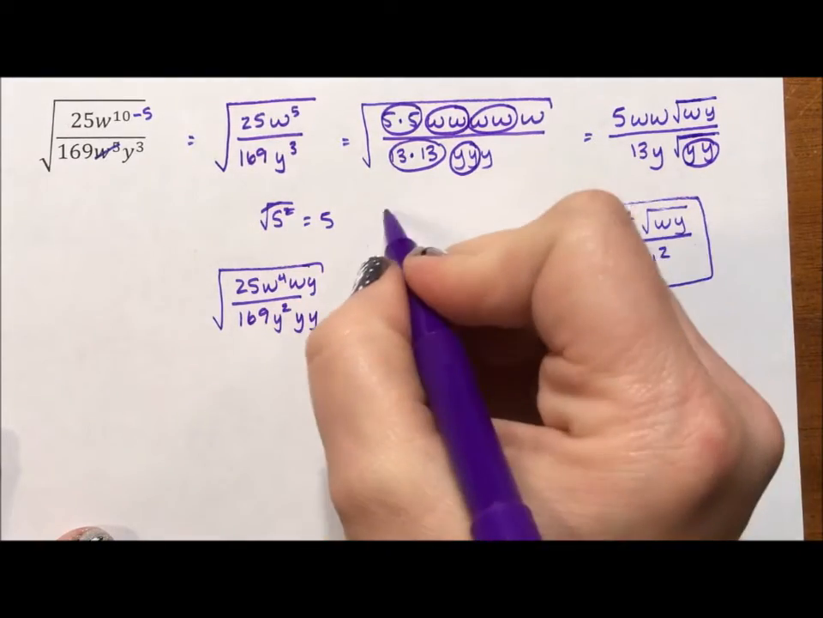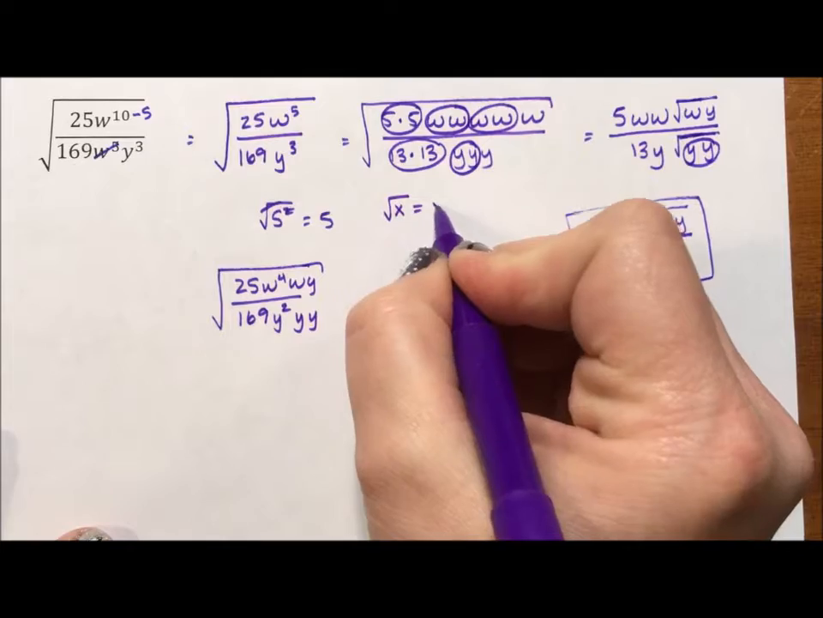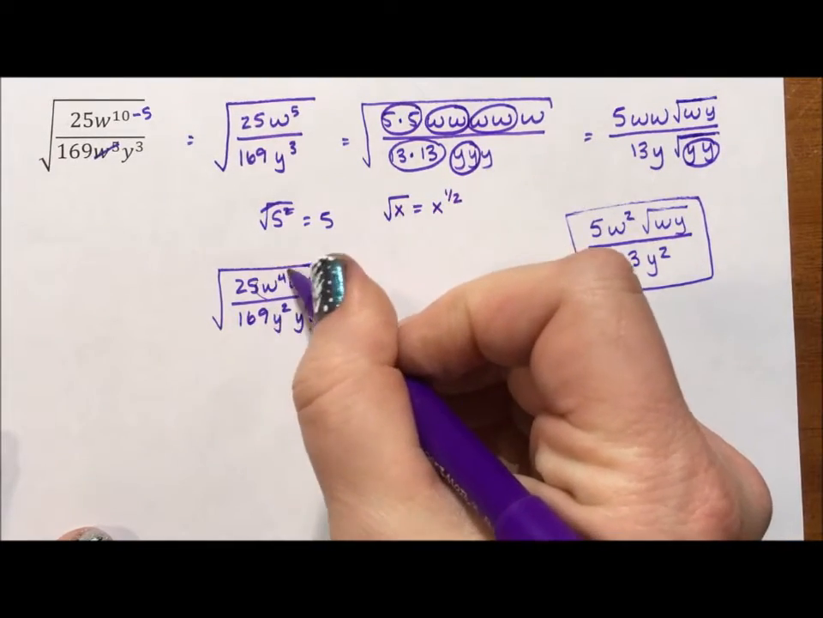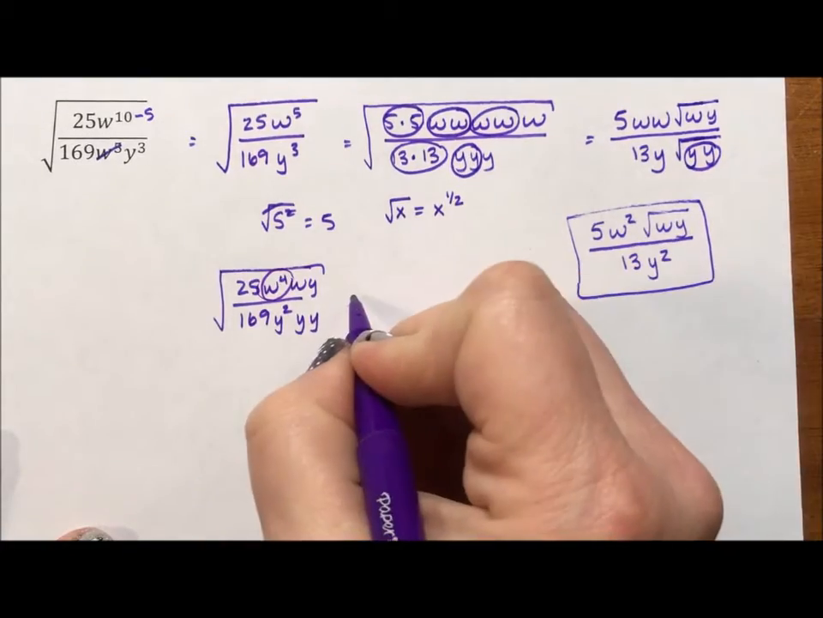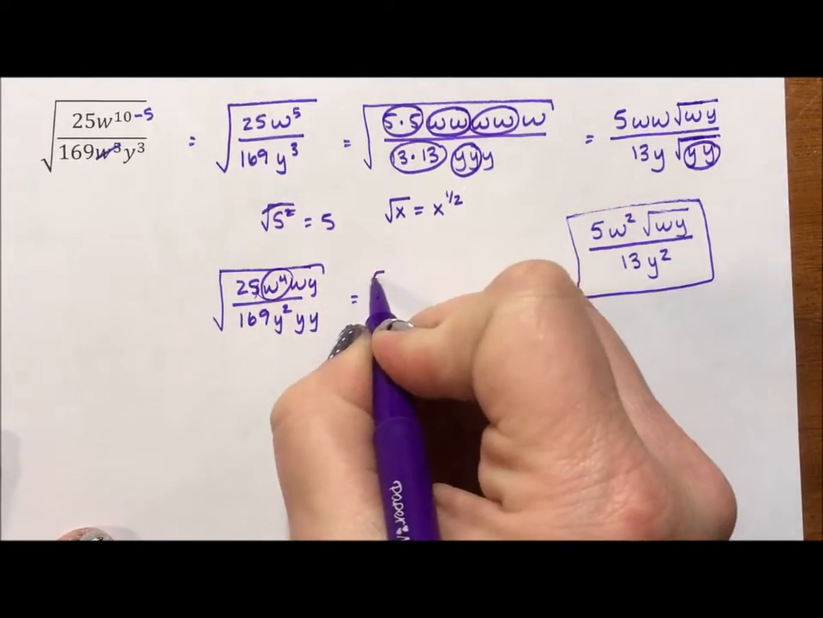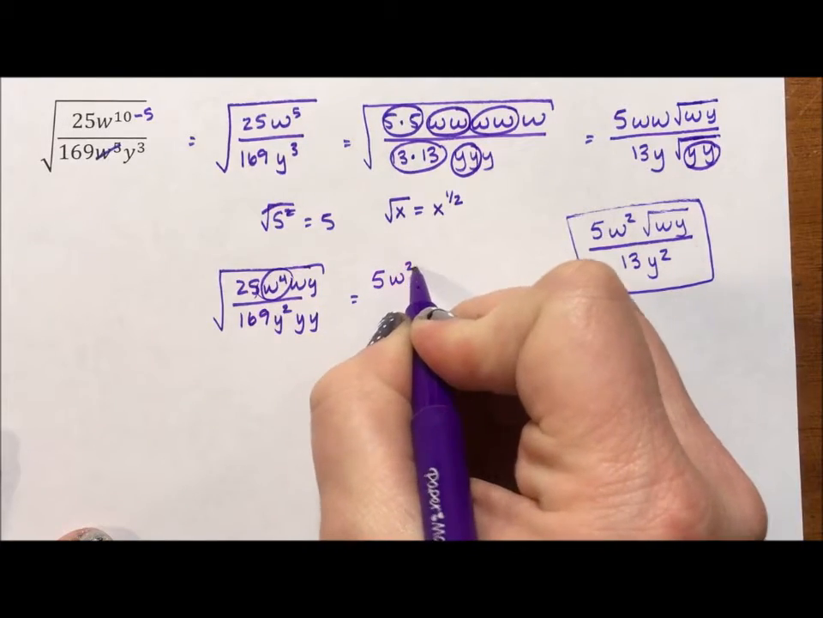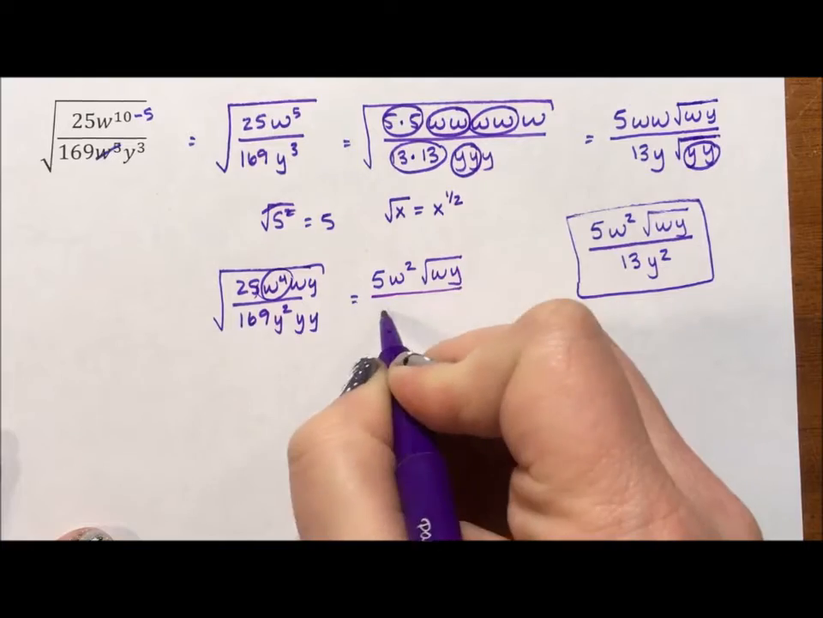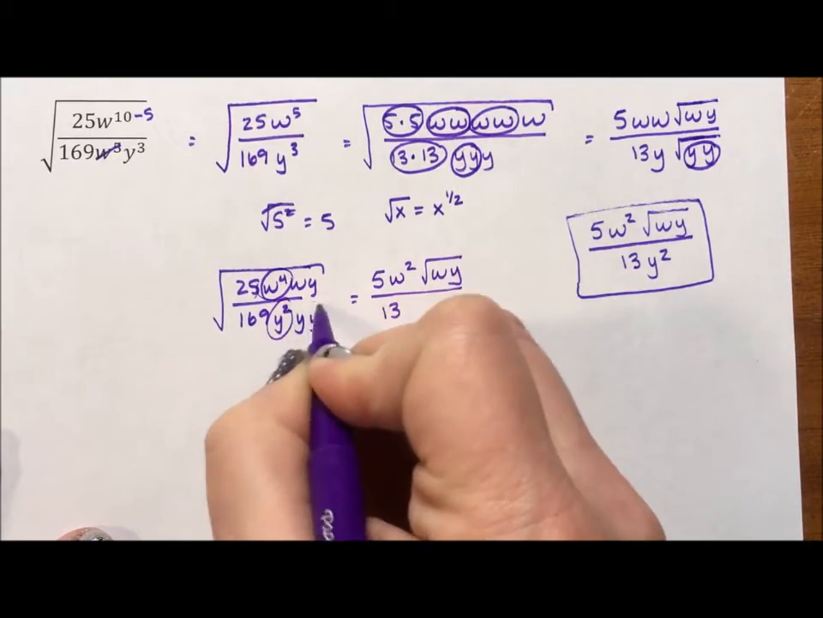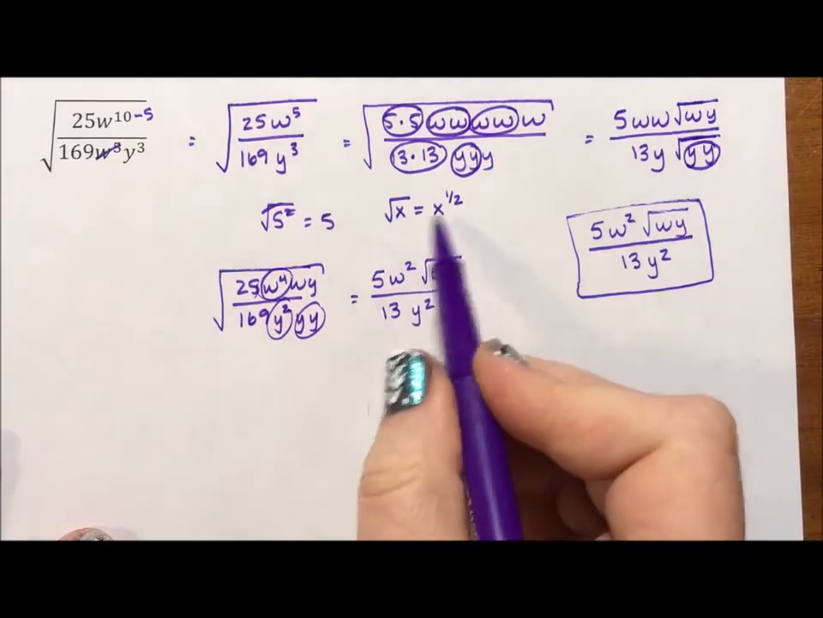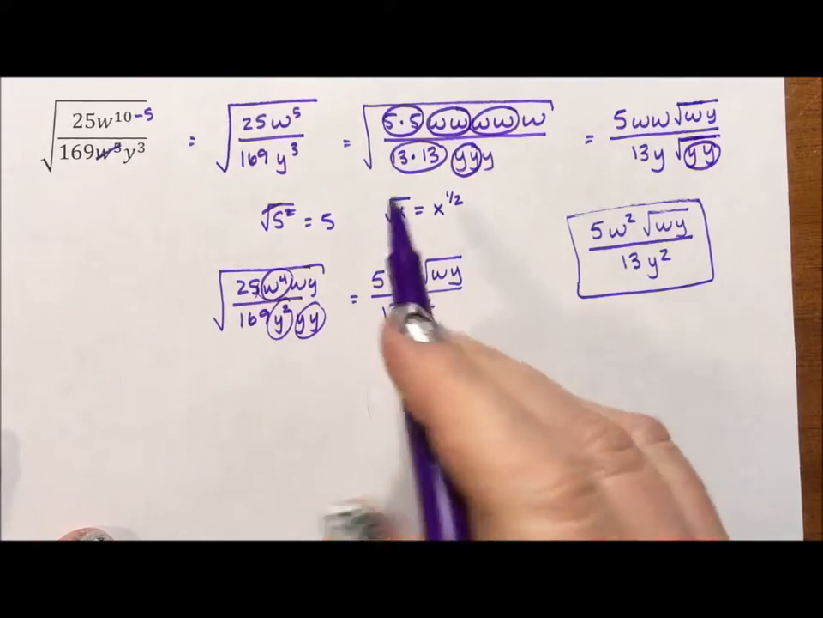Because we can think of the square root of something as being that thing to the 1/2, when I pull a variable out, I'm dividing the exponent in half. Square root of 25 is 5, half of 4 is 2. Square root of 169 is 13. 1, 2. And I'm getting the same answer, but I'm using the rules of exponents and square roots